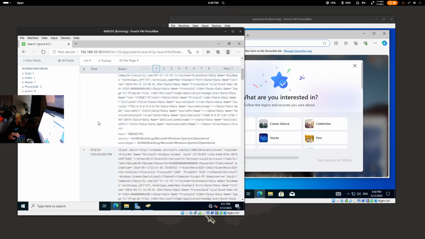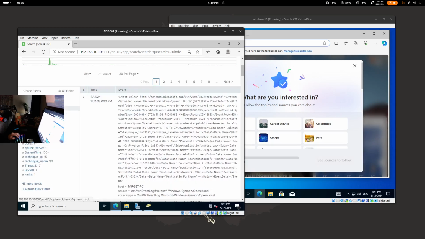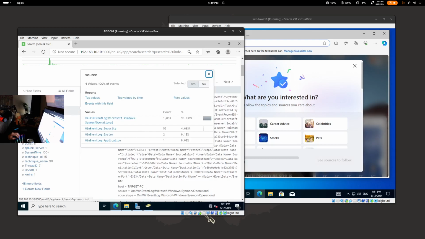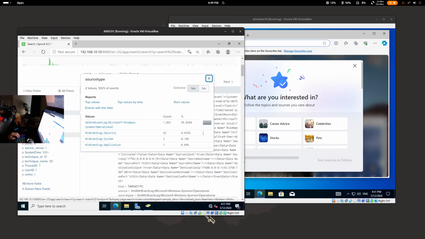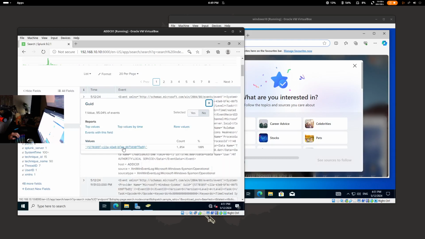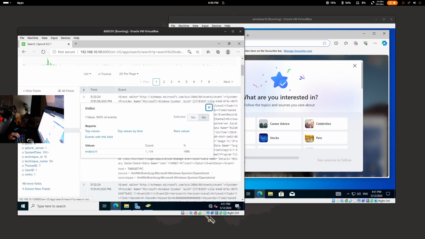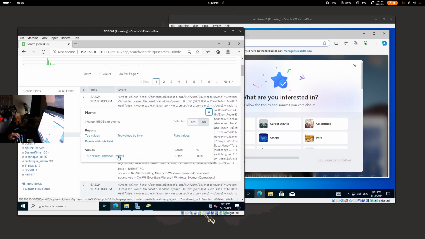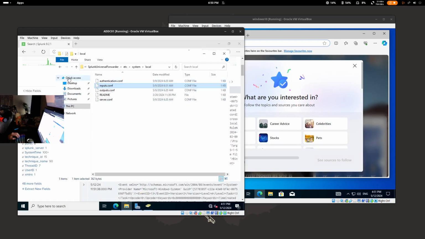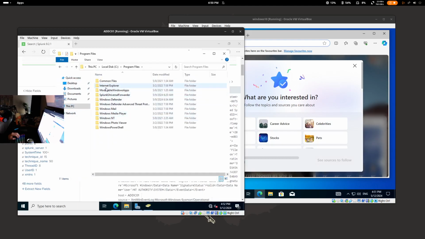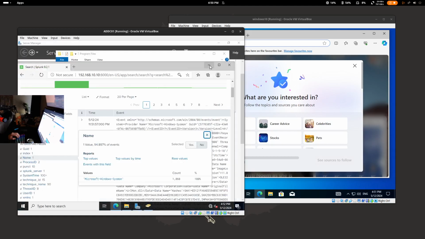But there's all the logs, the sources, source type. Oh, they're the same thing? They're the same thing. A little bit of this. Value, the index is the endpoint. Name, Sysmon, and you also need to download Sysmon as well. I forgot what the file configuration for Sysmon is. Oh well, to be honest with you,